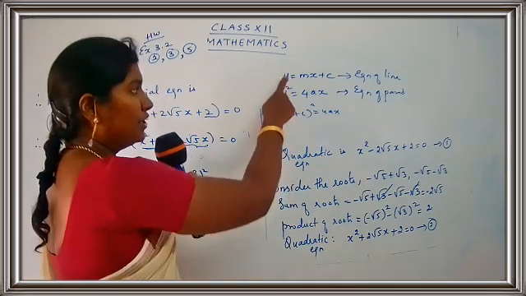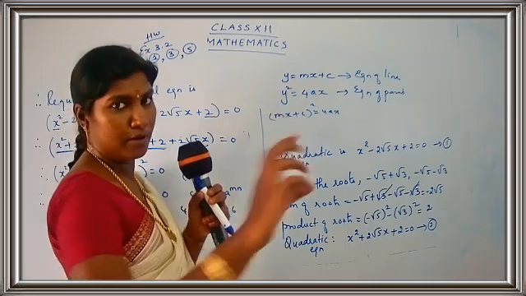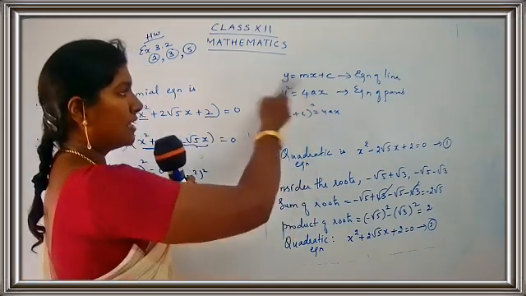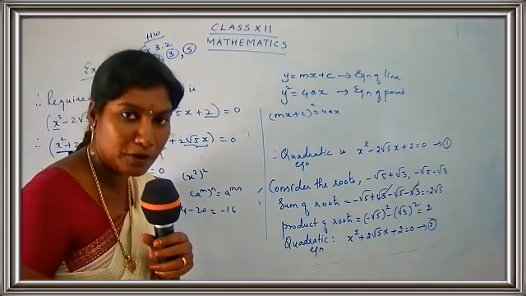So only two things you have to do. You have to write down the equation of line and the equation of parabola. That is the first statement. Then you have to substitute the value for y over here and you have to get the answer. Getting my point, children? Okay.